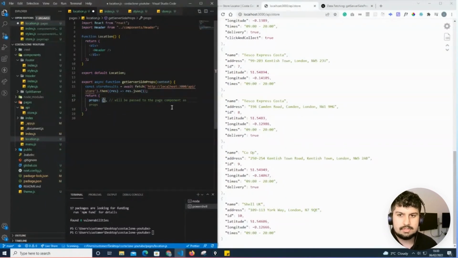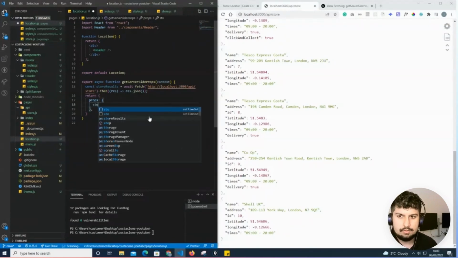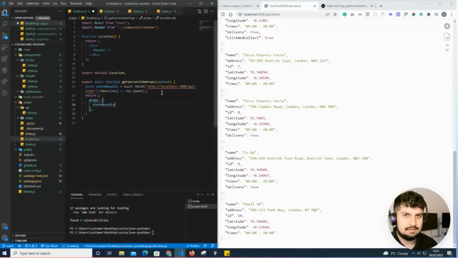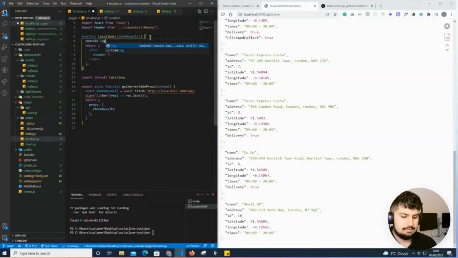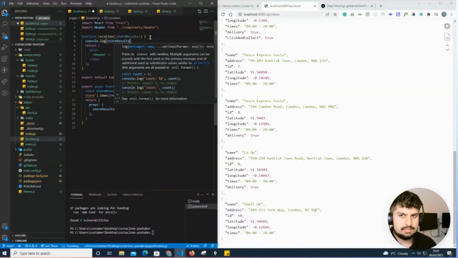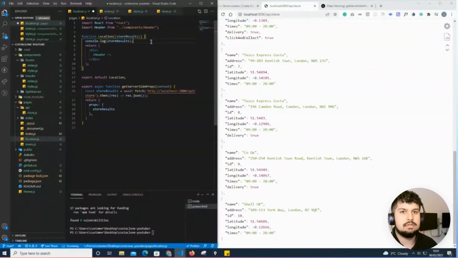So in this props, as stated, will be passed to the page component as props. Like we've done previously, within my props, I just want to pass my store results like so. Because I have prefetched the data from the server side, my client side page now should have access to this store results object in here. So all I need to do is destructure the store results within there. And if I just console.log my store results, I should see an object within my console